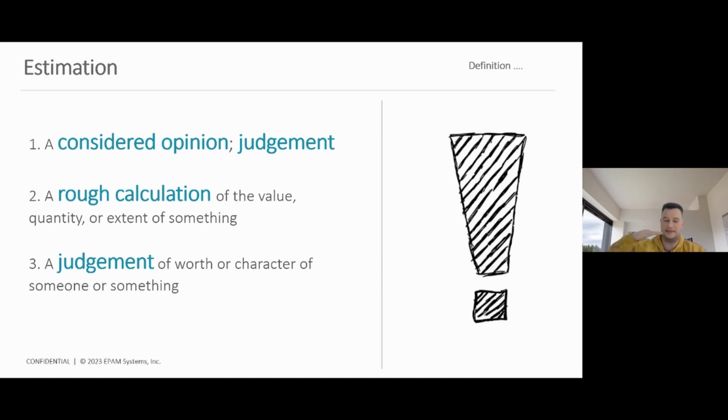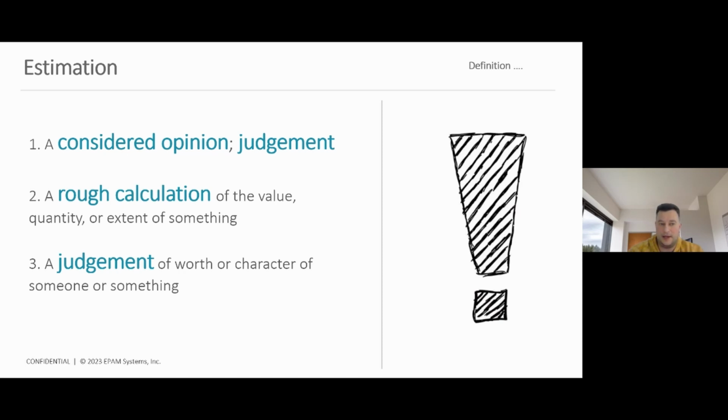As usual, we need to understand the basis to make the next steps. If we talk about the basis, we need to understand the estimation definition. If you Google it, or browse some dictionaries for the meaning of this word, you can find a list of definitions. Based on this list, I want to highlight a couple of them, the most interesting and valuable for us.